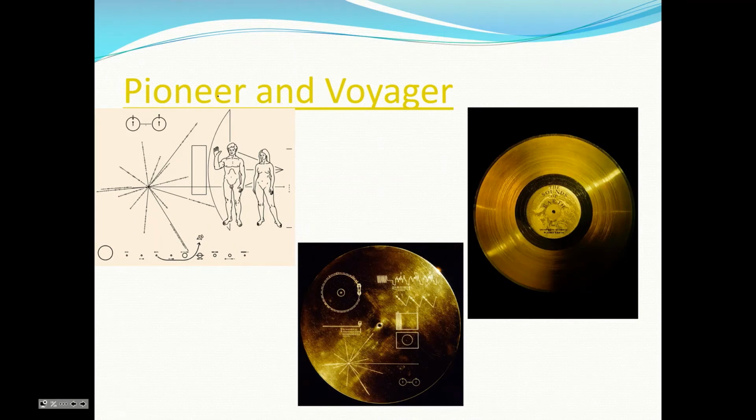So this, why do I have naked people on this slide? This just shows Newton's first law. Newton's first law says that an object in motion will stay in motion unless a net force is acting on it. Pioneer and Voyager were space probes that were sent into space to analyze Jupiter, Saturn, Uranus, Neptune,